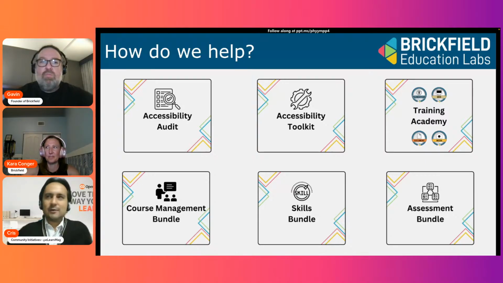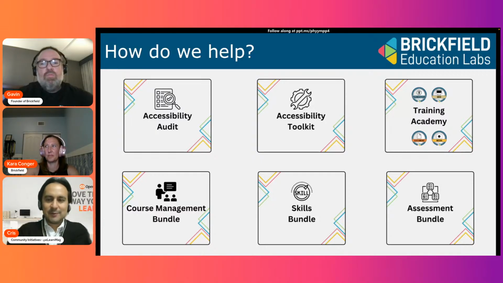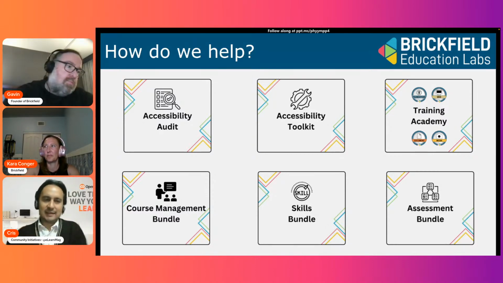And before AI, there were the overlays, right? Where people think, oh, I can just install a plugin, and it will make everything accessible. I think I have an idea of the answer, but I'd like to know, from your vantage point, why is it a mistake to think of accessibility as an afterthought in the design?